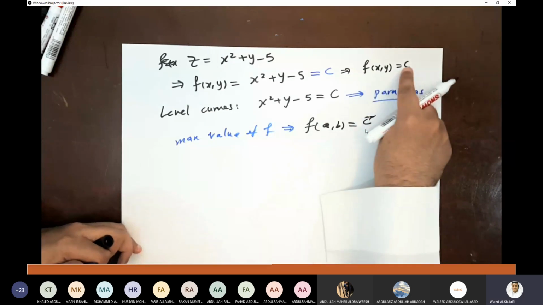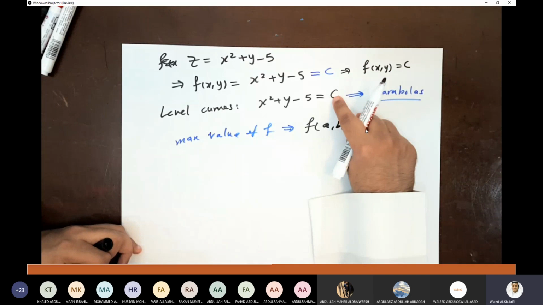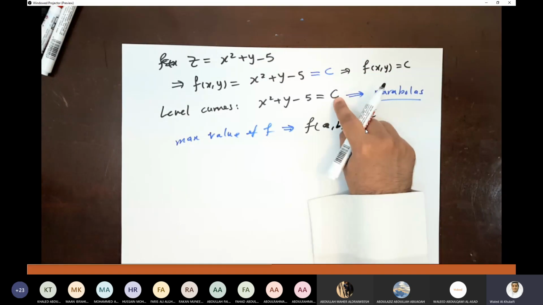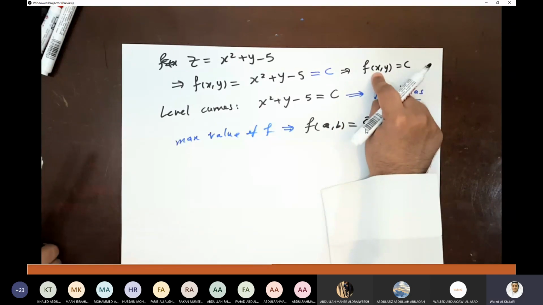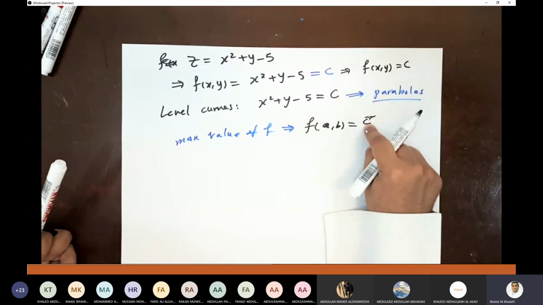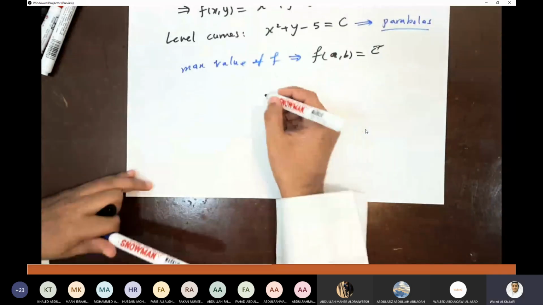So this function could obtain the maximum or minimum values by coincidence at one of the c's. This is the c; it could be the maximum or the minimum value of the function here. So in the xy plane,